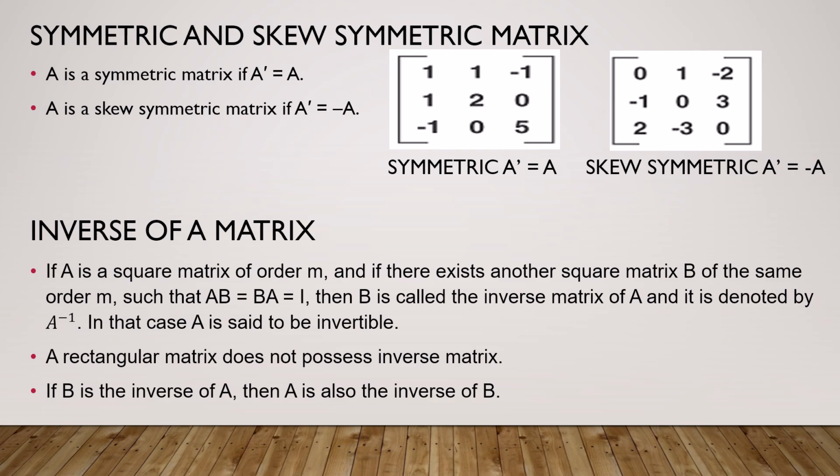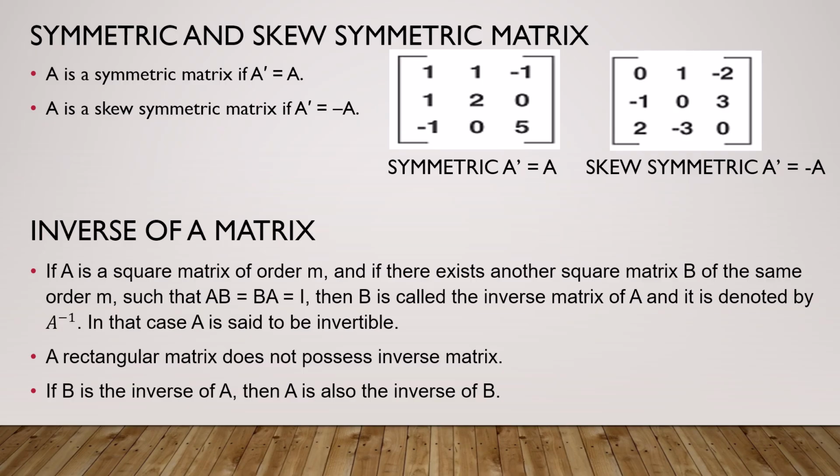Inverse of a matrix. This is an important thing. You can find the inverse of any matrix. If A is any square matrix, first condition is it should be a square matrix of order m. And if there exists another square matrix B of the same order m, that means A has m rows, m columns, B also has m rows, m columns,